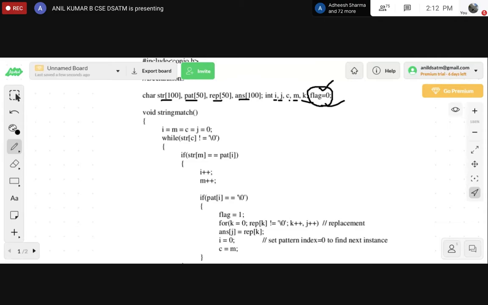Okay, so first we will start with the first part, str. So one is str of size 100, which is mentioned there.